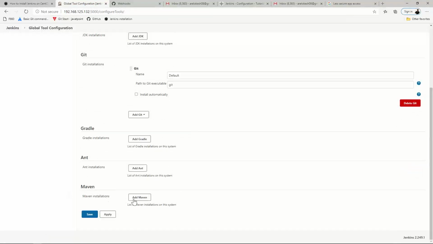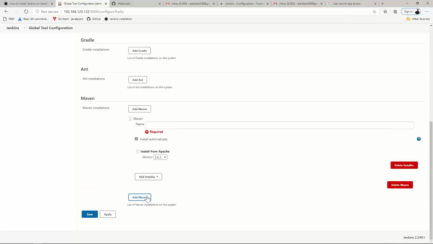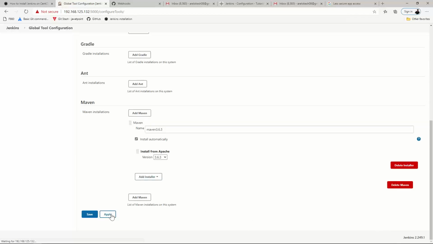Click on add Maven. Right over there, Maven 3.6.3. Later we'll try to install Maven and with the plugins. Yeah, 3.6.3. See that version? Yes. Apply and save. There's nothing much we do over here.